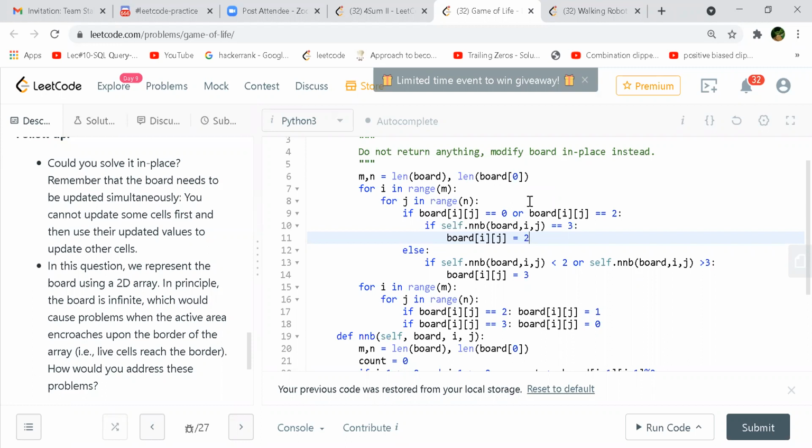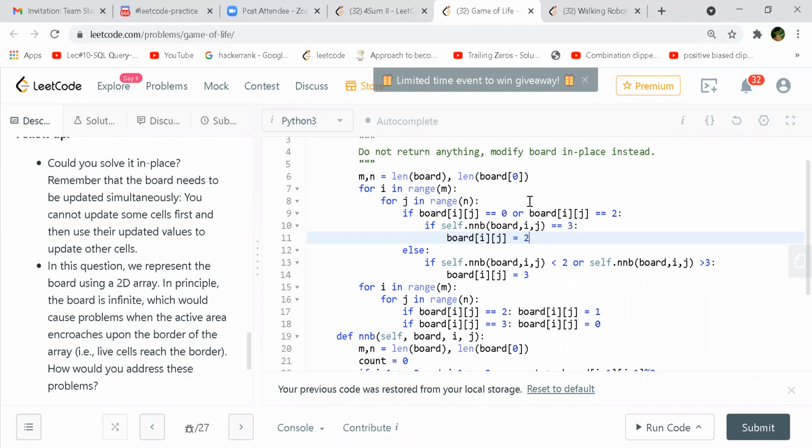Okay. And then for the next rule, when you are setting the board value to 3, in that case, you are actually saying if it is less than 2. So whenever you are converting a board's value from 1 to 0, then it is going to be 3. Yes.